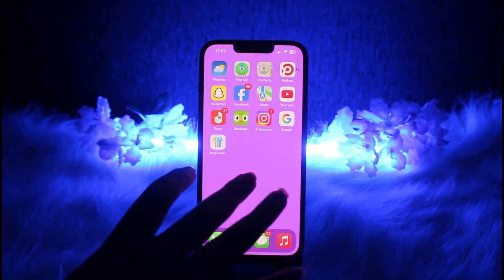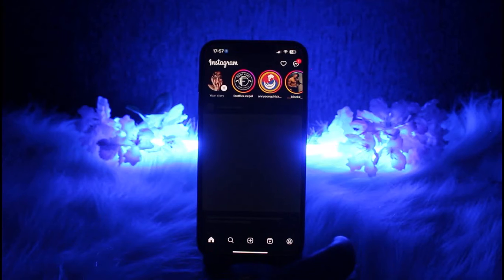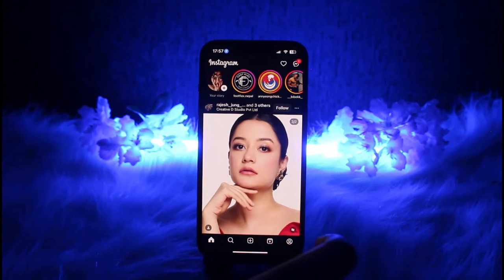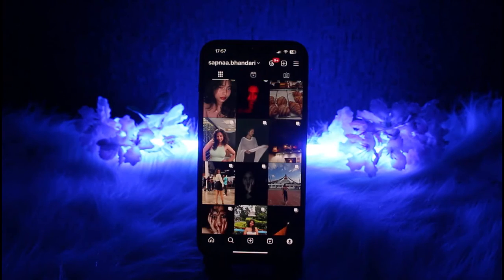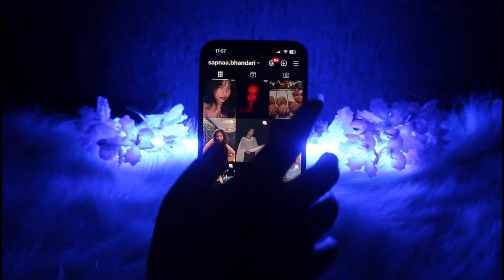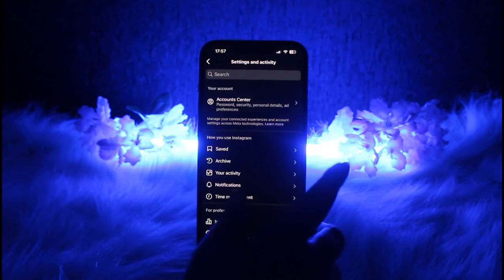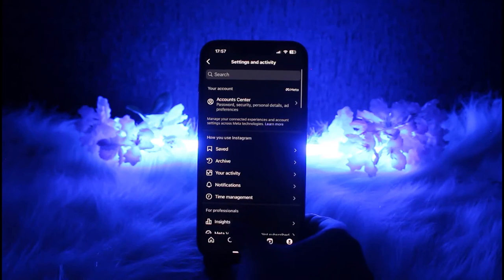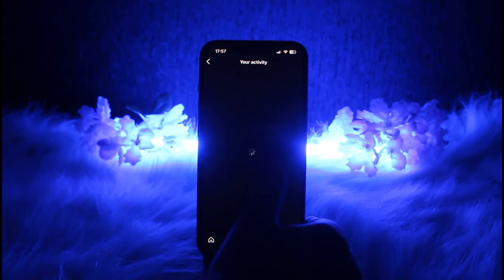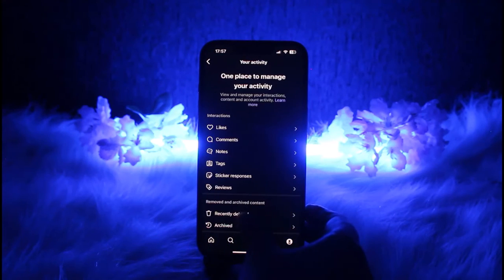So for that, first thing first, open up your Instagram app over here, then navigate to this profile icon at the bottom right corner. Now from over here, simply tap on this little three horizontal lines on the top right corner. From this section, you're going to go to the Your Activity section right over here, and from Your Activity, you're going to go to this option of Recent Searches,